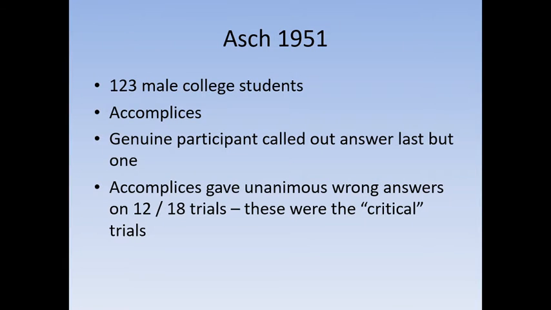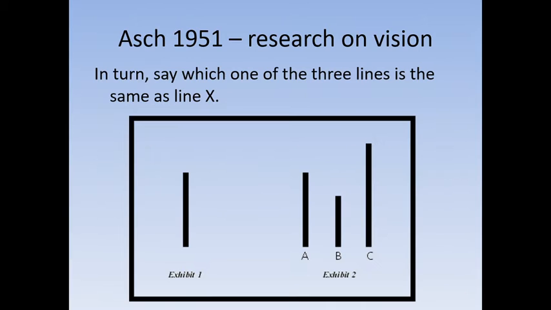Right, but it's obviously not research on vision. This experiment is about conformity. So what he did was he had a load of accomplices taking part in this as fake participants. So he would have, say, a group of 8. 7 of them were his accomplices that he primed beforehand. And what he did was he gave them something like this and said, which of the 3 lines is the same as line X? He seats the participant second last in the order and then goes from the beginning.